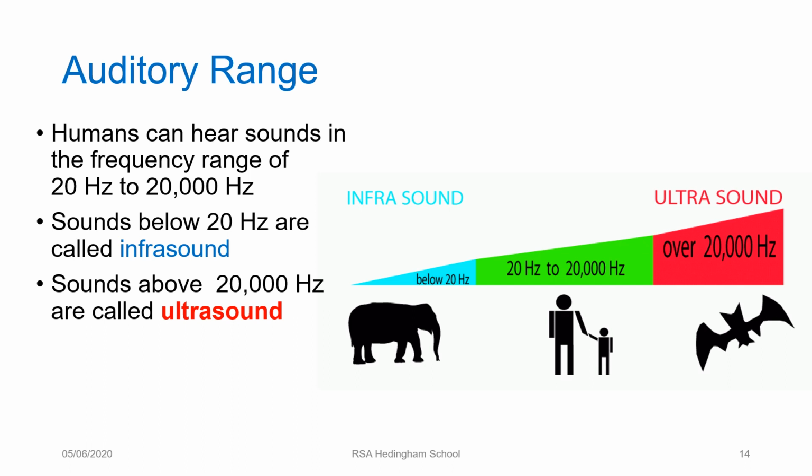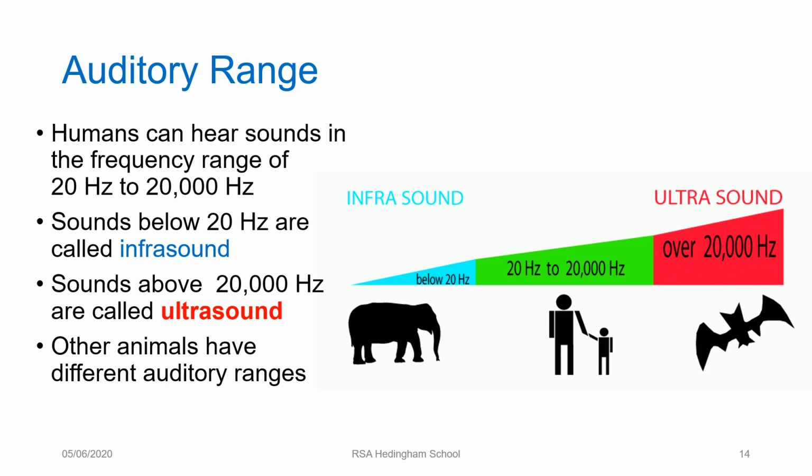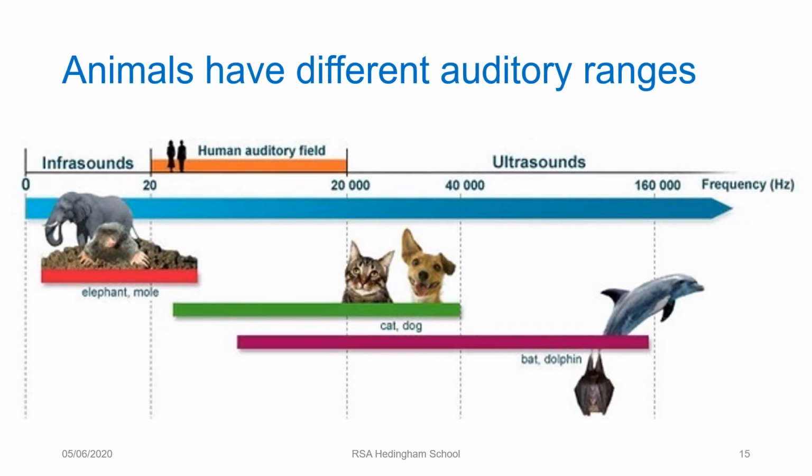If you look at the diagram, you can see that there are certain animals there. The bats can detect ultrasound. Elephants can detect infrasound through their feet. There's another picture here just showing the different auditory ranges of different animals. So humans at the top there, infrasound less than 20, ultrasound above 20,000. And you can see that elephants and moles can hear the low frequencies, and they detect these more as vibrations, as I said, through elephants' feet. Cats and dogs can detect a higher range than we can, and very high up the frequency range are animals such as